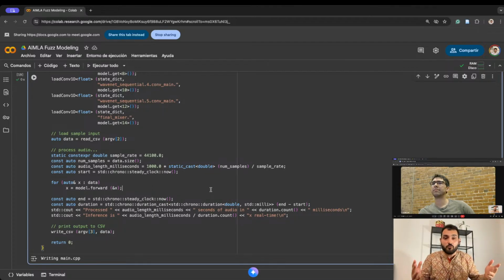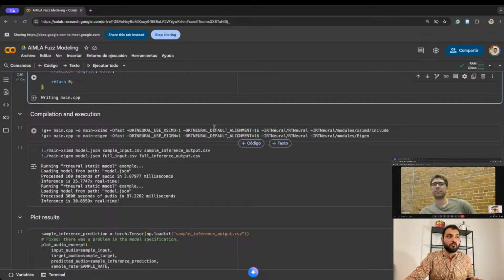So if we have 1 second of audio, we call the model, let's just say, 44,100 times, which is really interesting because the model is storing the context every time it gets called. After it gets called, the model stores the context of the previous run, so we can call it using one sample, or 2, or 16, or 128, however we want. But in this case, we're going to see that hopefully it will work.